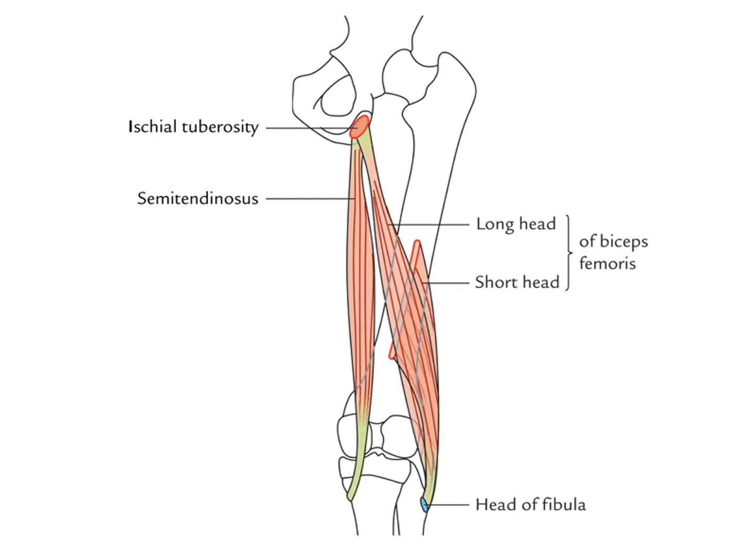The second muscle is semimembranosus. Semimembranosus also arises from the ischial tuberosity and inserts into the medial condyle of the tibia. The third muscle is biceps femoris. It has two heads, a long head and a short head. The long head arises from the ischial tuberosity. The short head arises from the linea aspera. The common insertion is at the head of the fibula. The fibula is the lateral bone and the tibia is on the medial side. So medially there is the insertion of semitendinosus and semimembranosus, and laterally the insertion of the long head of biceps femoris.